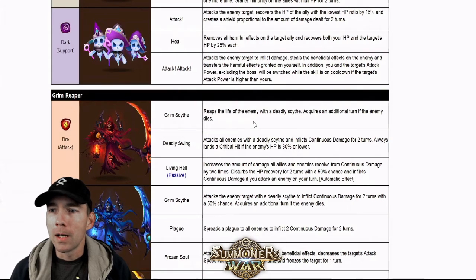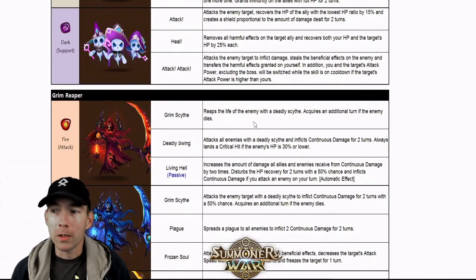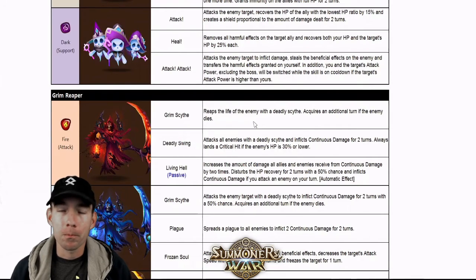The third skill attacks the enemy target to inflict damage, stealing beneficial effects on the enemy and transferring harmful effects granted on yourself. In addition to this, you and the target's attack power, excluding bosses, will be switched while this skill is on cooldown, if the target's attack power is higher than yours. That is amazing. You ruin this thing with no attack power, and then you take it in, or you counterpick